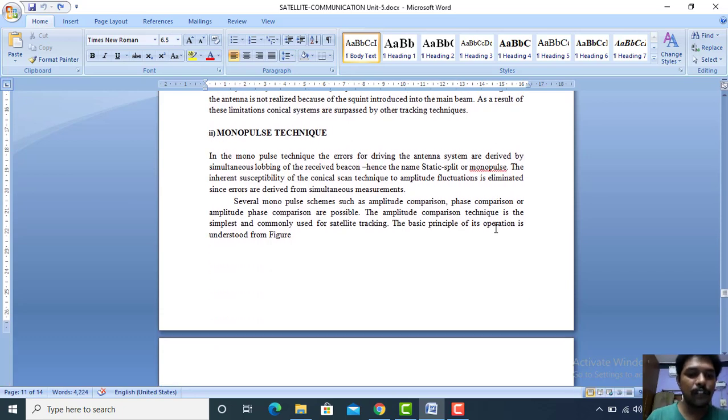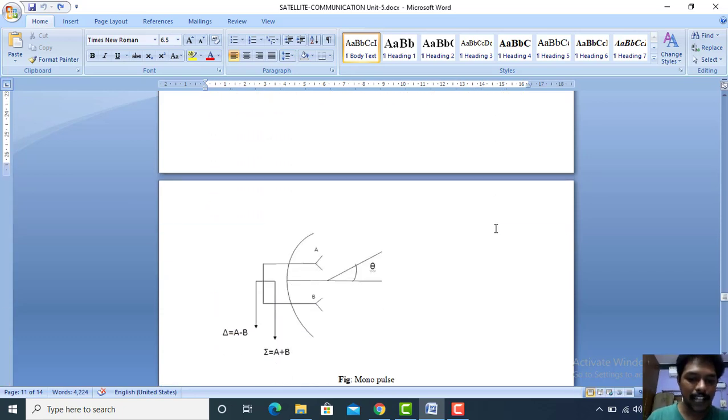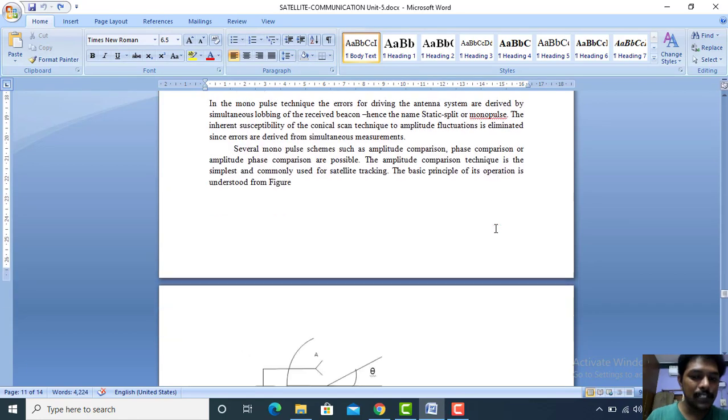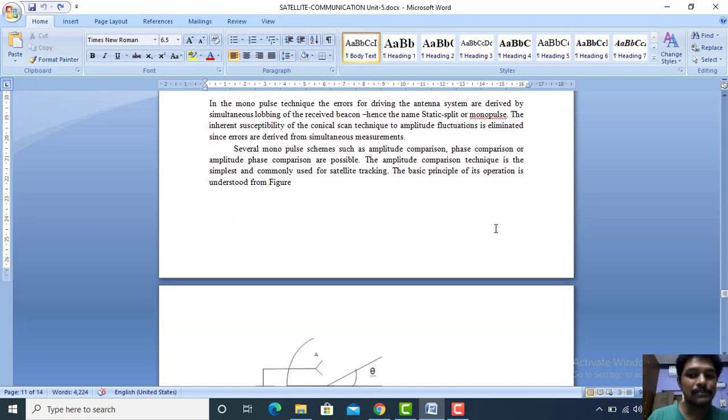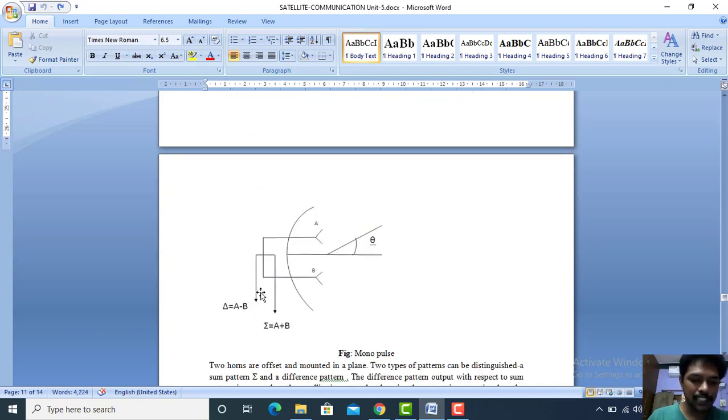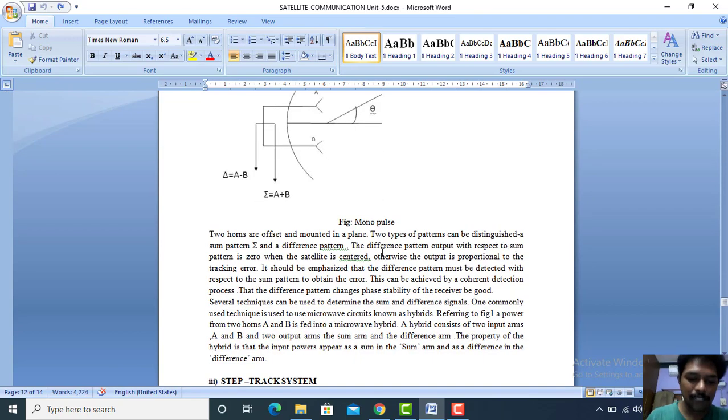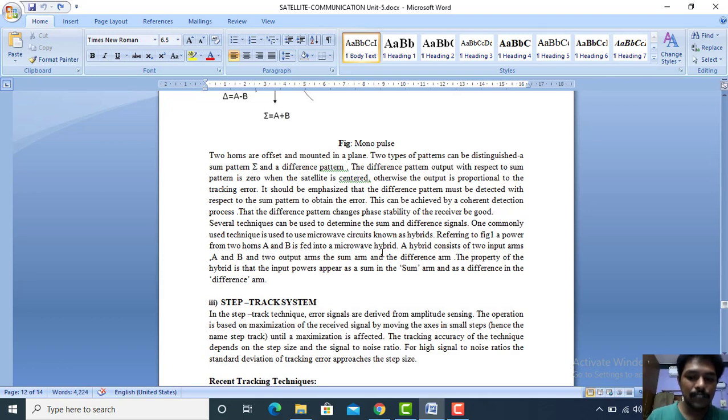When you go for the monopulse scan, it does the operation of summation and subtraction of the signals in terms of amplitude comparison and phase comparison. Of the two signals that we are transmitting, it does the amplitude comparison and the phase comparison, comes to a conclusion about which is the good stable difference pattern, and that will be sent.